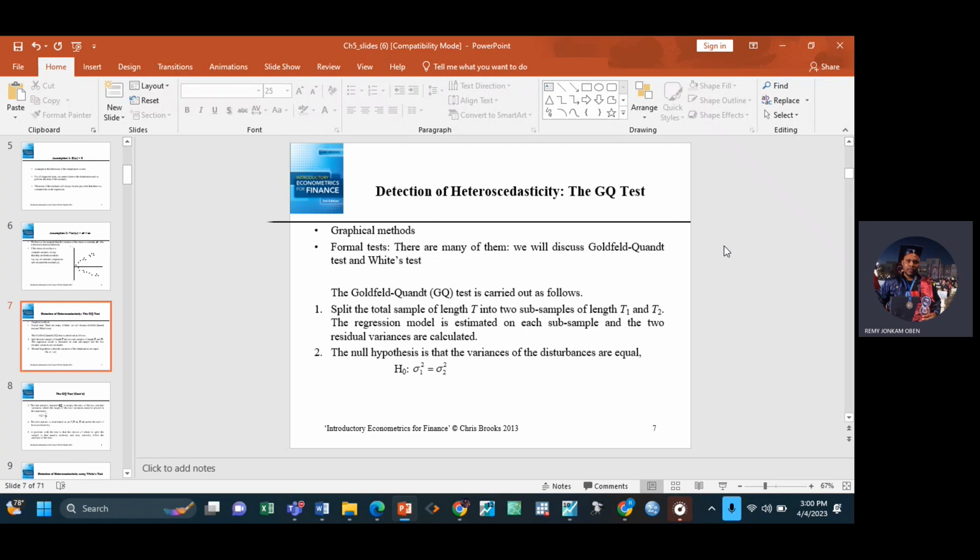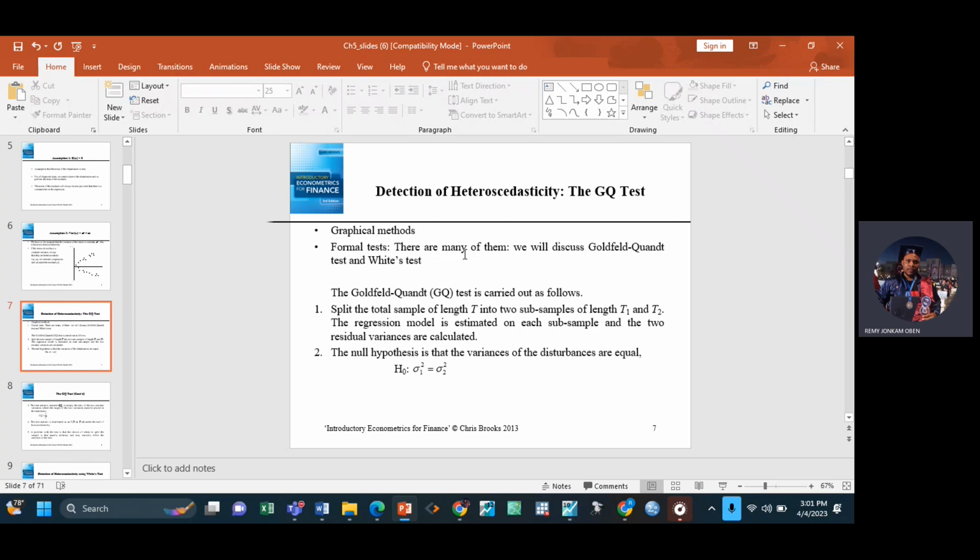Okay, guys, on EViews we have the White test. The reason why I start with White is that it is the general test. Of all these 5 tests we have on EViews, the White test is the general test, right? Of course, we have the Glejser test, we have the Harvey test, we have the BPG test, and there are others. So I'm not going to talk about the tests we don't have on EViews.